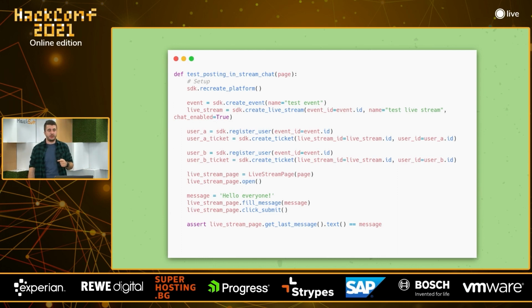On the other hand, if you're just using the UI to build this SDK, you can have an SDK where when you run a method, it is just going to the UI and creating an event. Then you create a live stream and everything through the UI. And just have it as composable individual pieces of code that you can reuse. Not the only, but one of the disadvantages of going with the browser clicking approach is that it's slow.